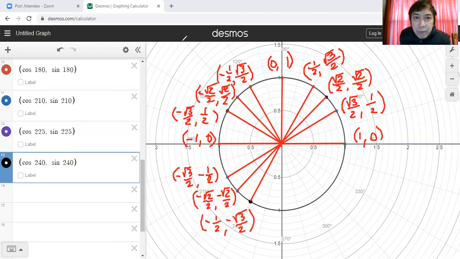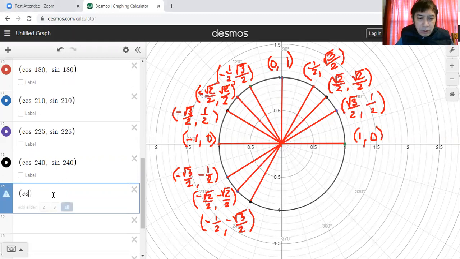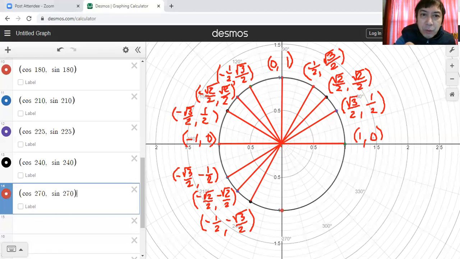Next is 270 degrees. This is the next quadrantal angle. This is cosine of 270 for the x, sine of 270, I should say. That will now be right there. You can see the pink point along the y-axis below the origin. So this is 0, -1. The coordinates of this will be 0, -1 there. So the cosine of 270 is 0 and the sine of 270 is -1. So we shall draw the terminal side